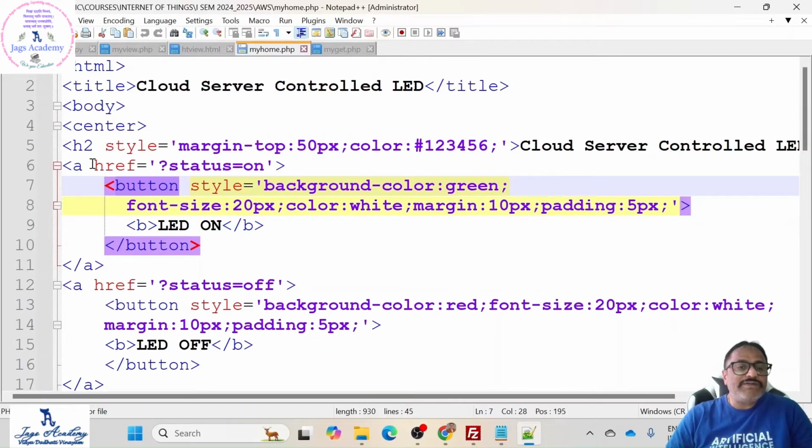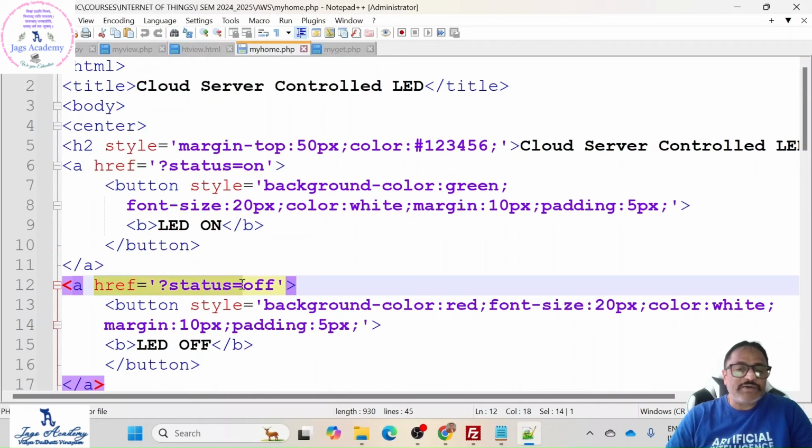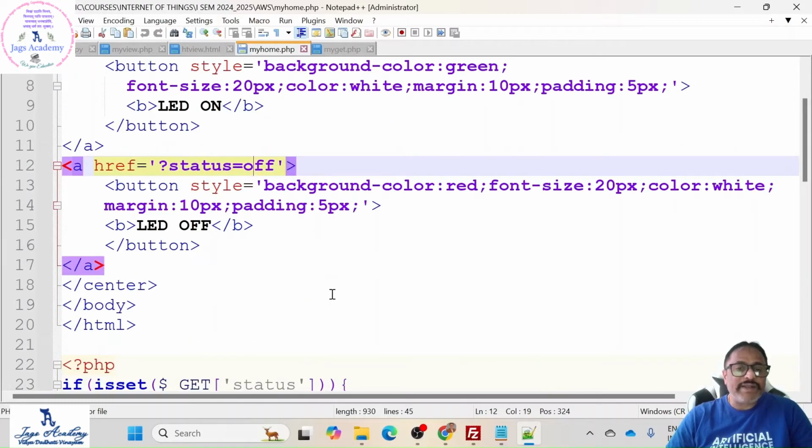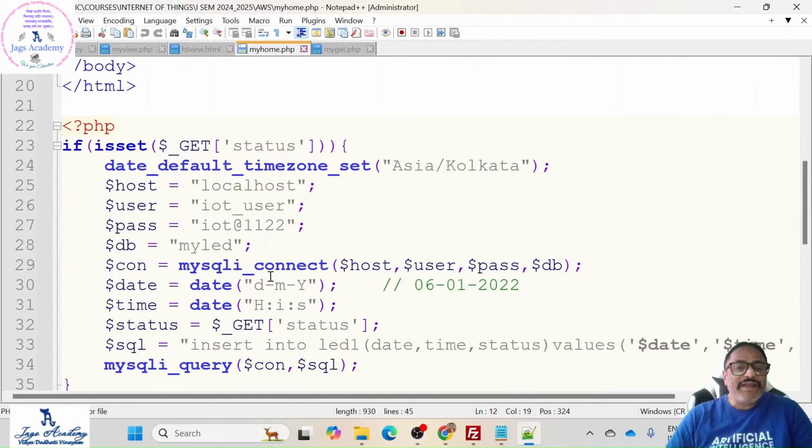Right, so here you see href status is equal to on. Here you see status is equal to off. This is what it is going to send in the get function, using the get method, right? All these things are beautification. Say font size 20 and margin 10, padding 5, all these things you can get information on from any of the tutorials. What comes next is,